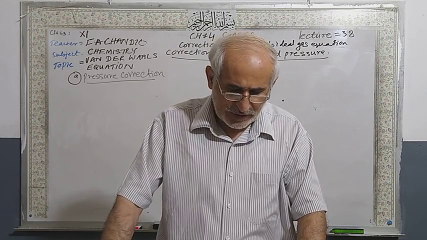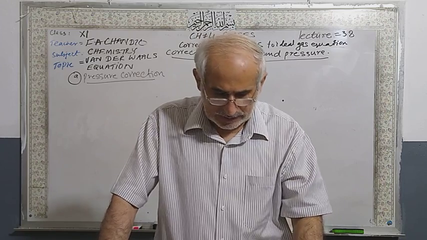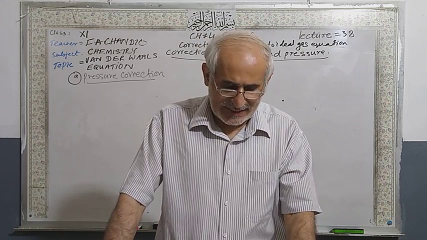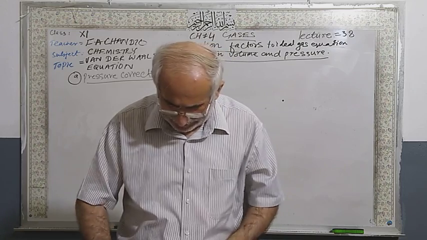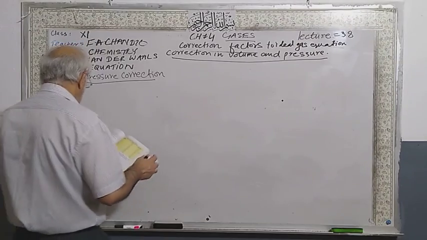It means that the pressure observed on the wall of the vessel is a little bit lesser than the ideal pressure. So that's why here the equation is